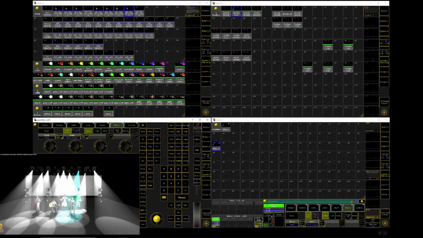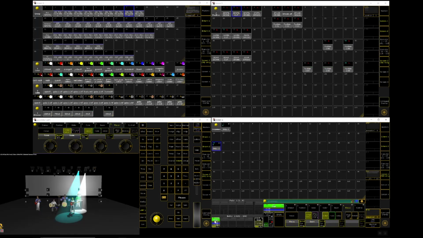So we'll store that. Now, do you also go ahead and store the intensity level or the dimmer level? Yes, because if you don't store the intensity, you won't see the light. Basically what I'm doing is storing what's going on and off. That's pretty much all I'm storing at this point. So we'll hit store here, and that'll store another cue, so we can watch it play out. And let me go ahead and change some timing